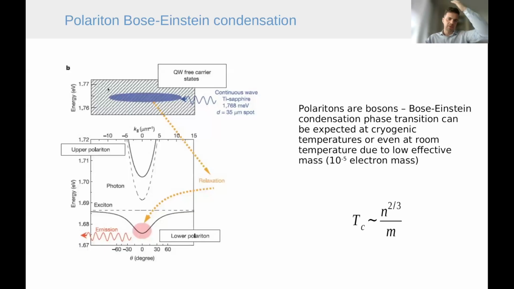non-resonantly the system, exciting certain excitations such as free carrier states, which are then relaxing by interaction with the crystal lattice. And when these excitations relax down to the energy which corresponds to the polariton anticrossing, they become polaritons because these are the eigenstates of the system in this energy range. So they can condense in the minimum of the lower polariton state because this is the lowest state of the